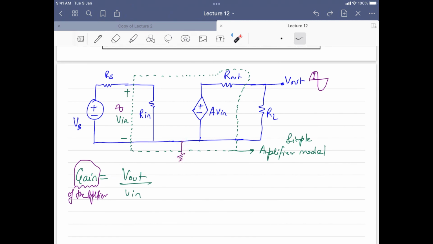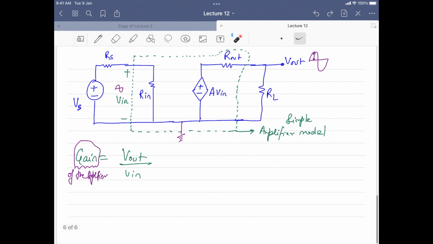So normally V out or any voltage will be with respect to some specified potential. It hardly matters which ground you are taking. Normally we take ground where the maximum connections are connected and there is no internal wiring. Okay, thank you, sir. So now we are interested in calculating the gain of the amplifier, which is the basic purpose of an operational amplifier. So let us see what that gain will be.